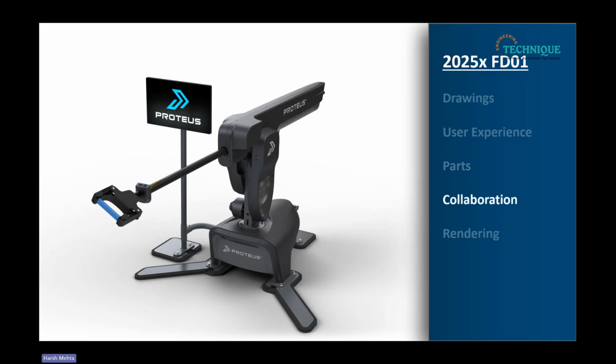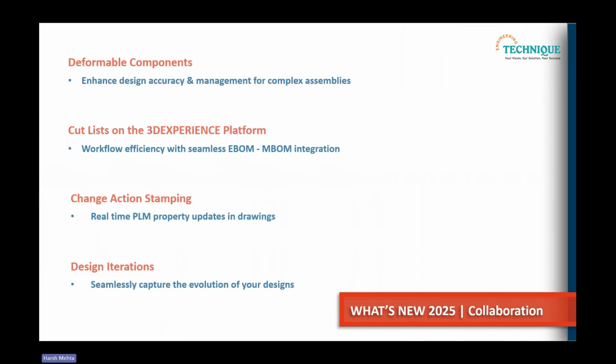Now we are going through collaboration. What is collaboration? As we are discussing 3D Experience SolidWorks, we know it is collaborative with the 3D Experience platform. This section explains what new enhancements come with the 3D Experience platform for our CAD files. So here,